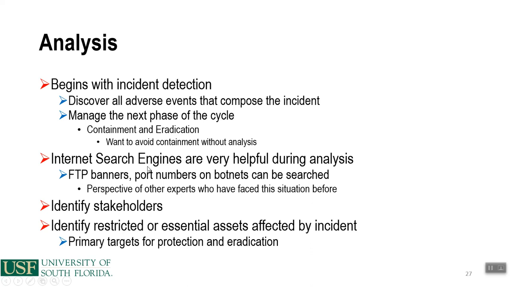Then you want to search. Internet search engines can be very, very helpful during this process. So once you've identified the different types of banners and so on, you can start to search the internet to see if there have been similar attacks within your industry and across industries as well. Identify the stakeholders that need to know, and then identify the restricted or essential assets that are affected by the incident. Remember,